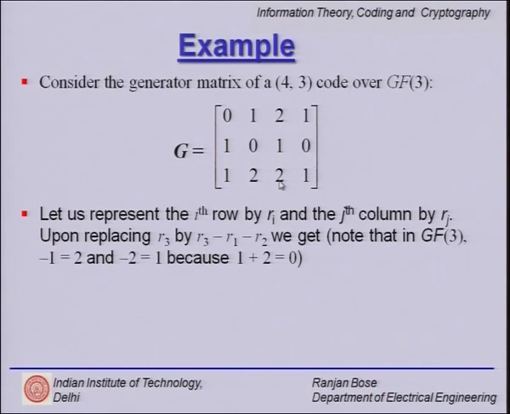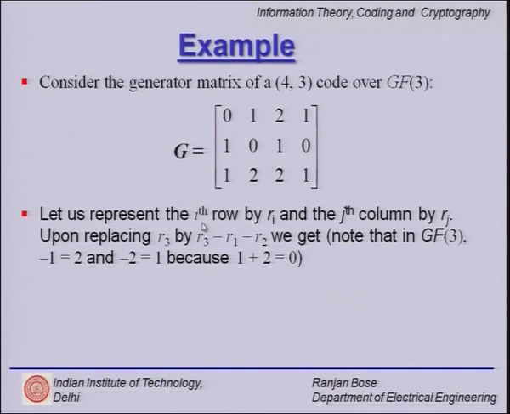Now, we can start doing our basic row and column operations, and this requires a little bit of thinking and observation, because right now there is no single 1 in any column. What are we trying to do? You observe the first column 0 1 1. Well, what we need is a 0 0 1, a single 1 in 3 columns, and then interchange of columns is very easy. We have discussed that before. They will lead to equivalent codes. So, we are trying to make an equivalent code starting from this jumble of numbers.